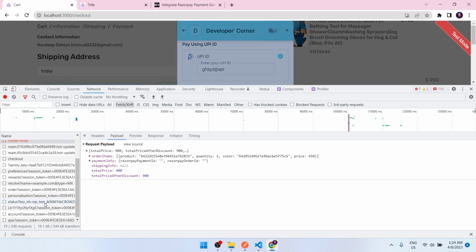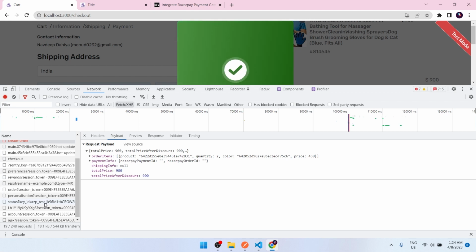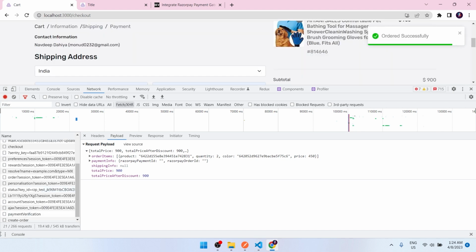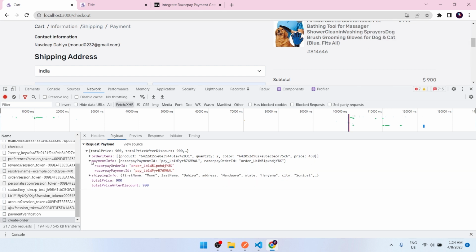Let's check. Checkout handler is called, I think, create order. Yeah, now we are getting shipping info, payment info. Inside payment info we have Razorpay order ID, Razorpay payment ID. And now,